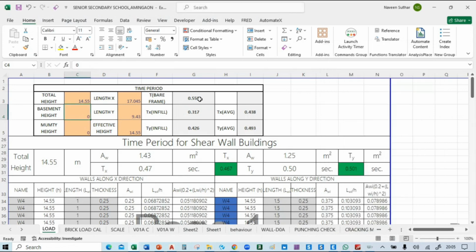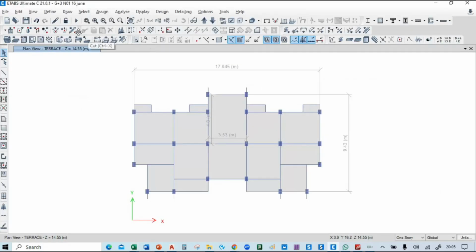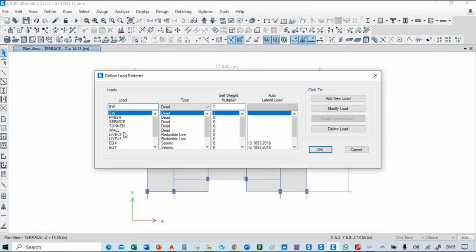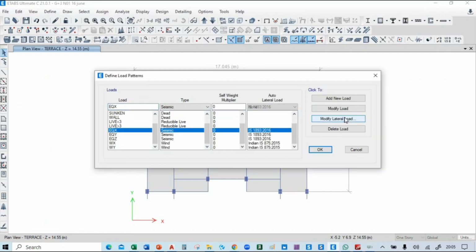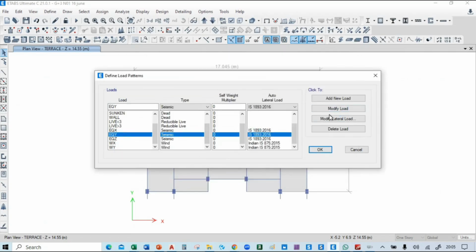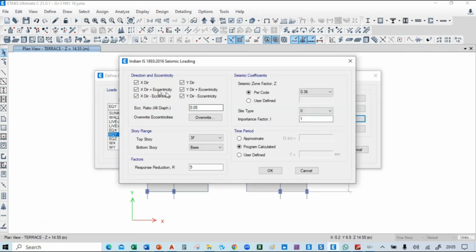0.0559. Okay. So select, copy this, go to the ETABS tab, go to the define section, go to the load pattern, and select EQX, modify the lateral load, and copy this 0.0559 here. Okay, and click OK. So in the EQY section, you have to modify the load, and here you have to